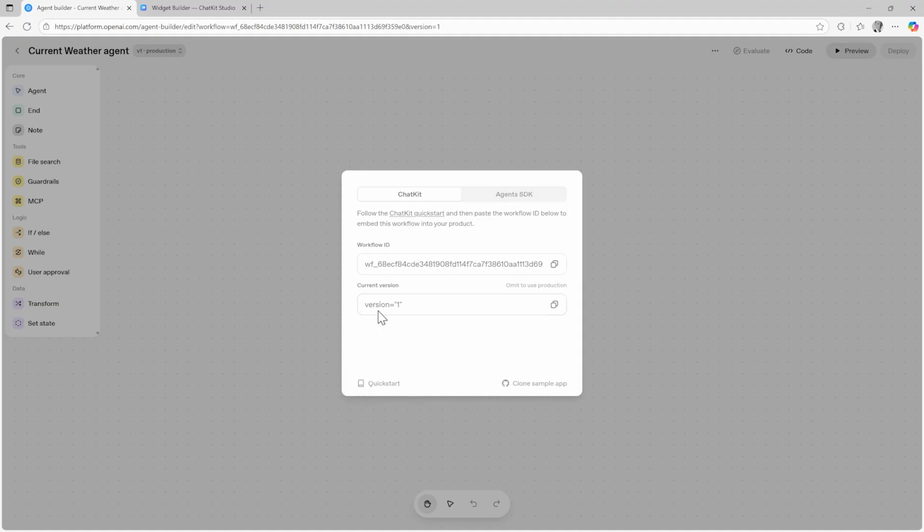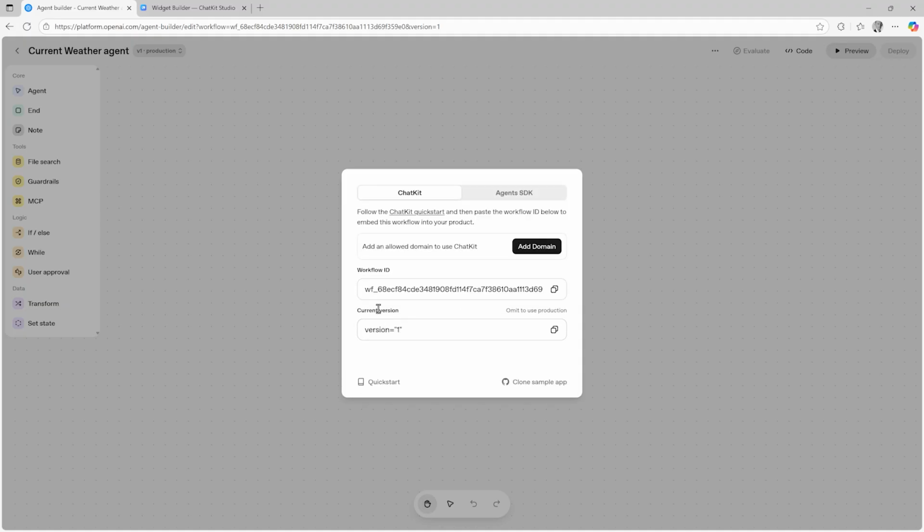After a couple of seconds, the pop-up will show with the ChatKit information. To embed the widget in ChatKit on your own website, all we need to do is to copy the workflow ID. Now let's bring that AI agent into the Sitefinity .NET Core application. We developed a custom widget designed to embed any OpenAI agent workflow directly into a Sitefinity .NET Core site.